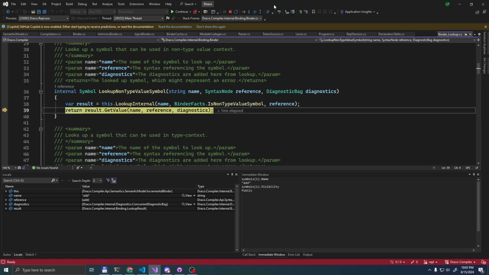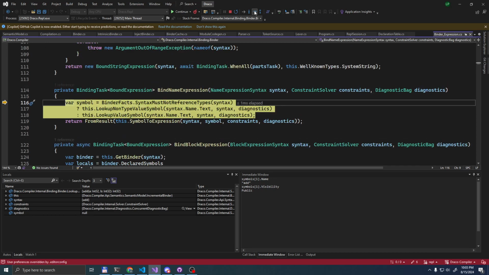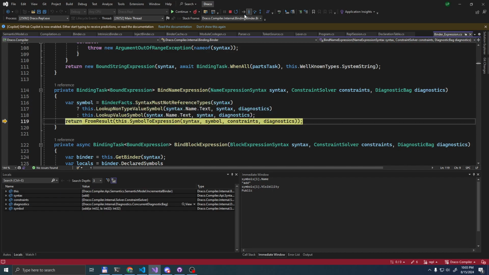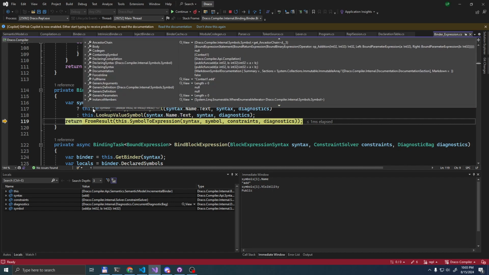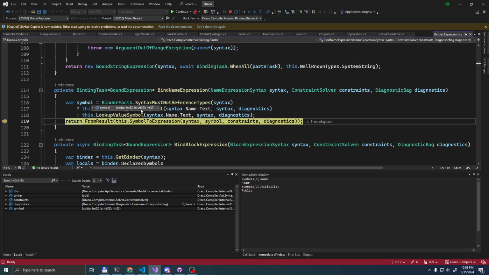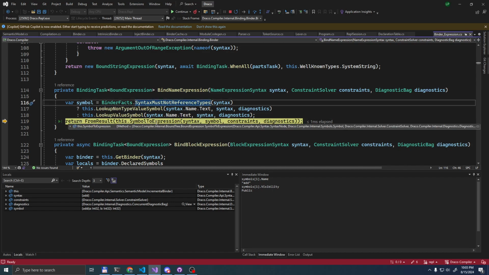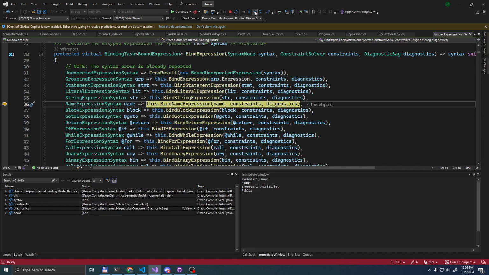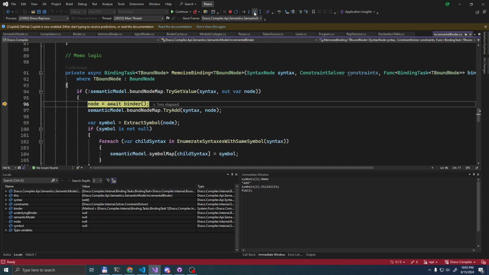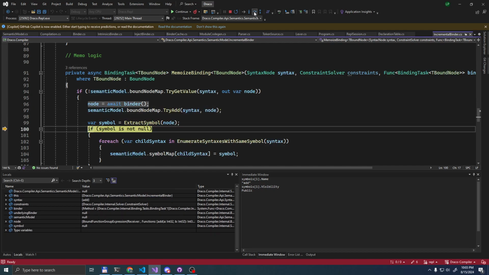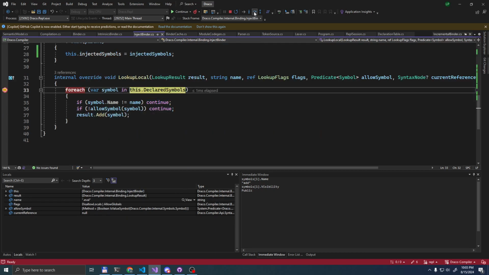We have a lookup result of that singular method. Okay, we bind this name expression. That's also really, really good. Okay, we memorize the result. That's the least important part. Then we'll go into another lookup.